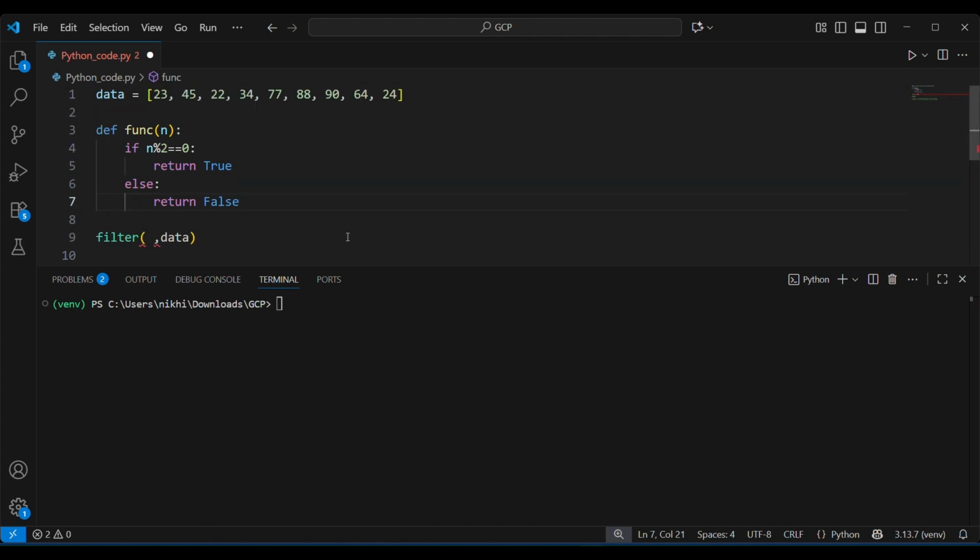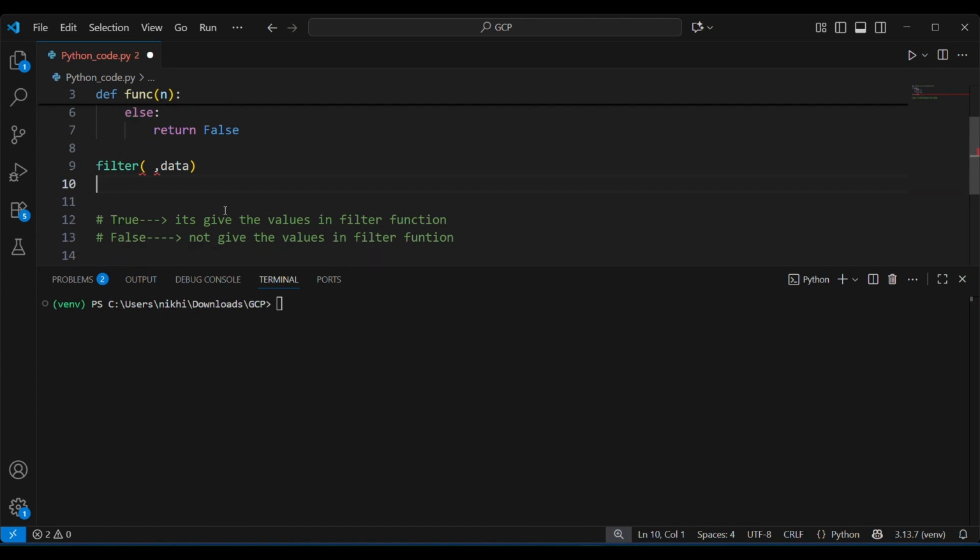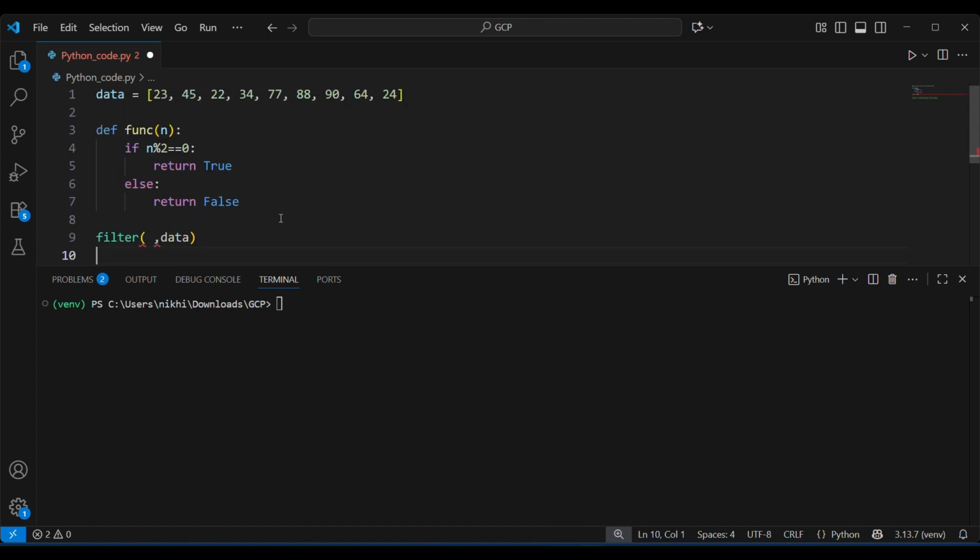Data value here I have given. Let me just remove this one, so it will not give the error. So first I made the filter function, and inside the filter function we need to give two arguments. I have given the first argument as a function name, meaning I made the logic for this even odd, and the second argument is the value of iteration, meaning whatever value you need to filter out, you need to